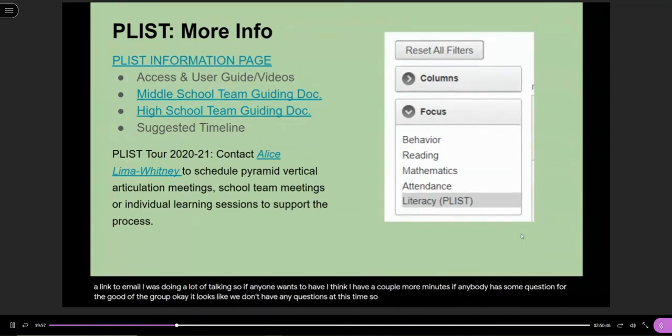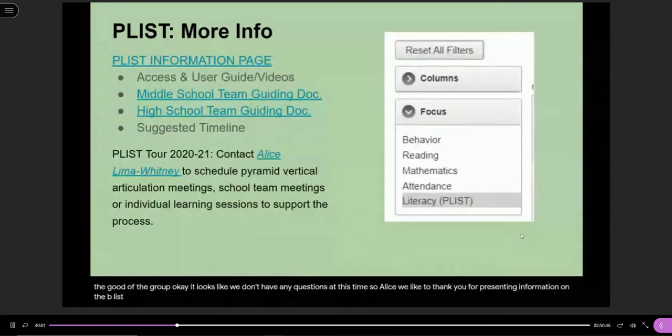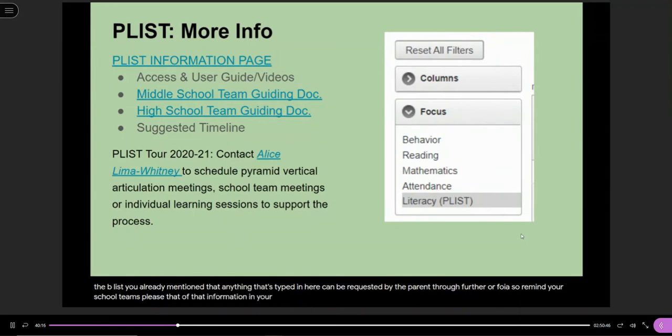So Alice, we'd like to thank you for presenting information on the P-list. You've already mentioned that anything that's typed in here can be requested by the parent through FERPA or FOIA. So remind your school teams, please, of that information. In your meeting guide packet, there are additional resources you can use with your transitioning students and their parents, and